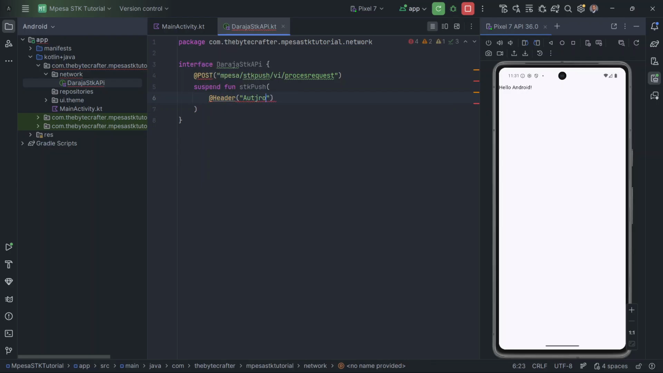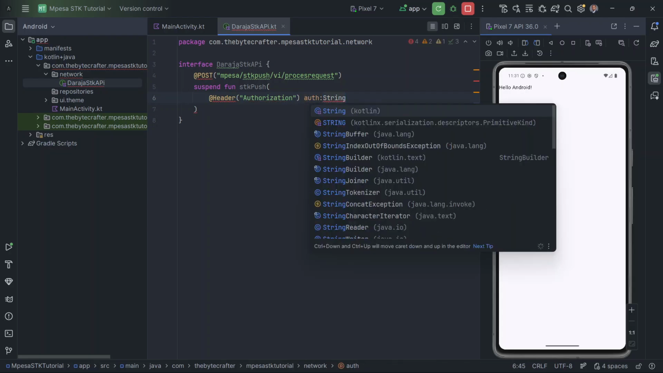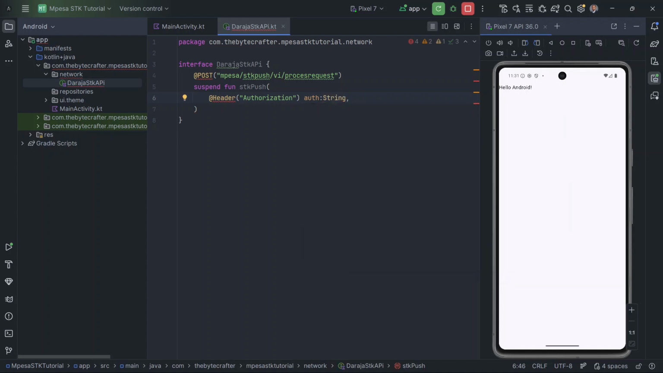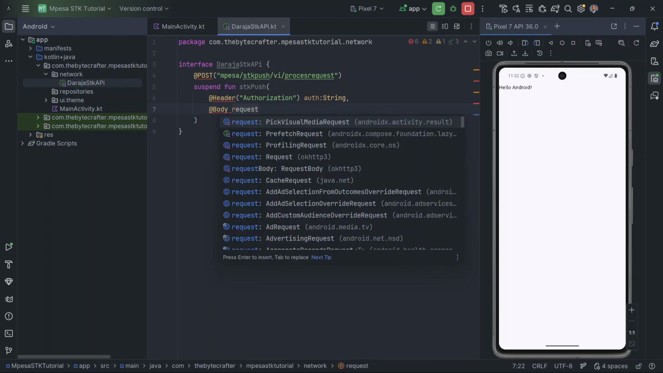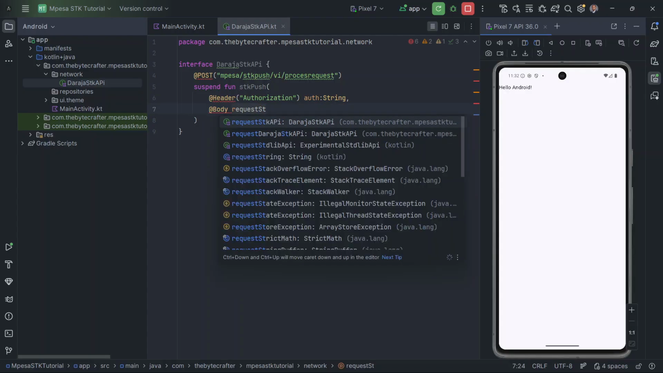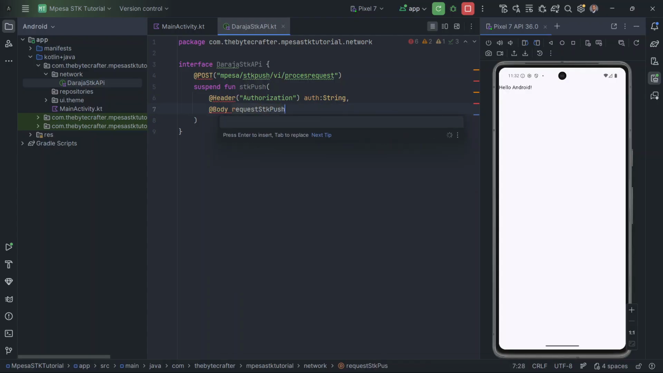So I'm going to have a header there, and I'm going to add the same to the header there. Then I'm going to have a node of string, and then I'm also going to have the body as well. So I'm going to have at body. In this case, the body has the request, that is the STK push request,